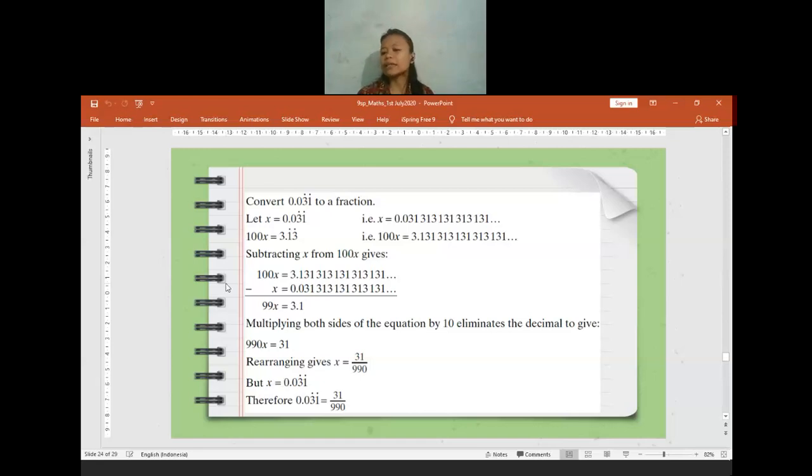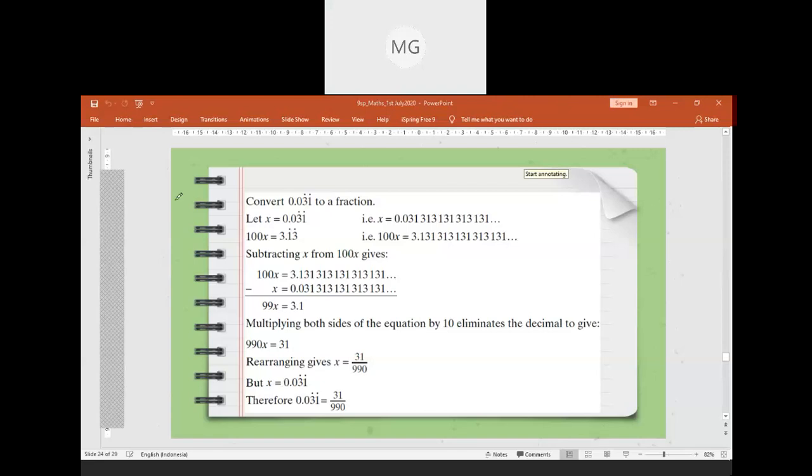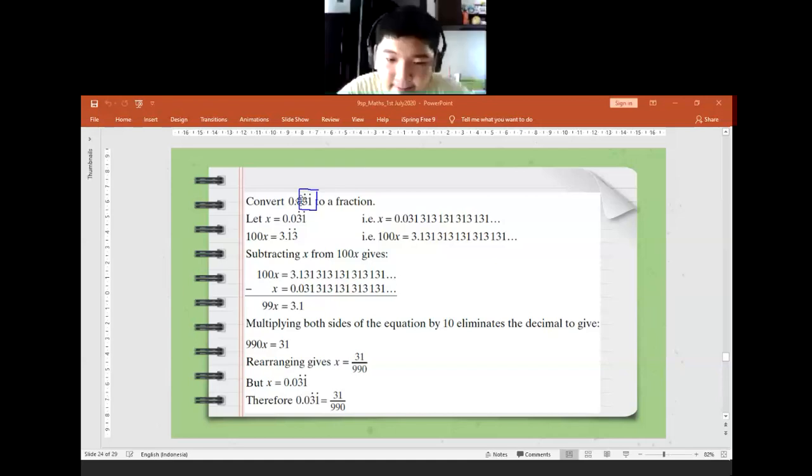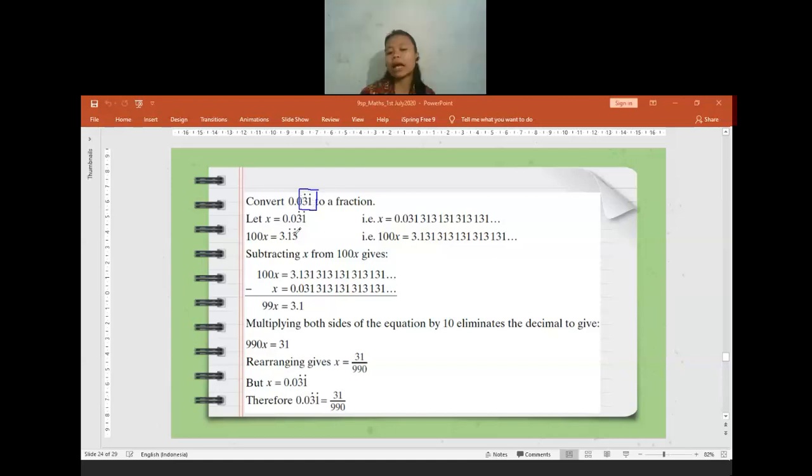This is 0.031. How many digits that is repeating? 3 or 2? 2. Yeah, the digits that are repeating are not always equal to how many decimal places there are. The digits that are repeating are the ones that already have the dot. So it's only 2 digits. Even though you may think there are 3 digits by 0, 3, 1, we are not counting in that way. We count only the digits that get the dot. So it means only 2 digits.